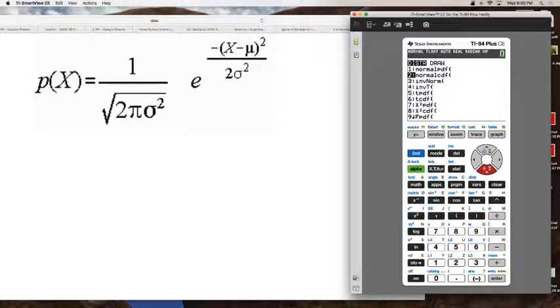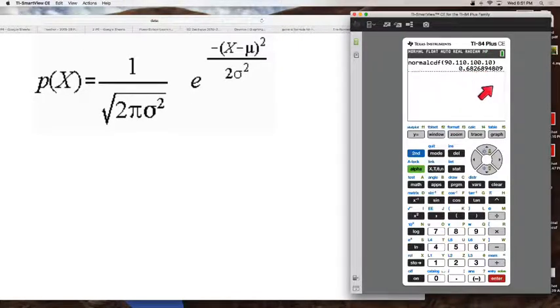I'll show you. As soon as I hit this, the calculator is going to prompt me for the lower bound. In this case I chose 90, upper bound 110, mean of 100, standard deviation of 10, and then I hit paste. On the older calculators, you would have to type in these parameters: lower bound, upper bound, mean, standard deviation, and as soon as I hit enter, boom, it produces the same number,